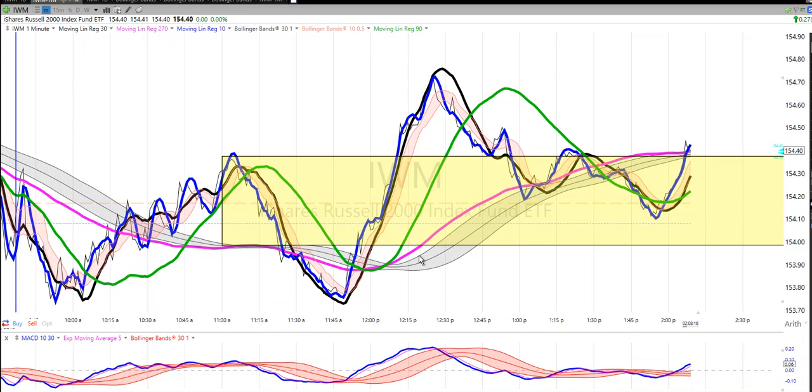And you see the 270 switched. And notice when the 270 is coming down, how wide that gray Bollinger Band is. And then when it crosses, it makes a pinch and starts to expand. That acts like a noise buffer. So I put this now